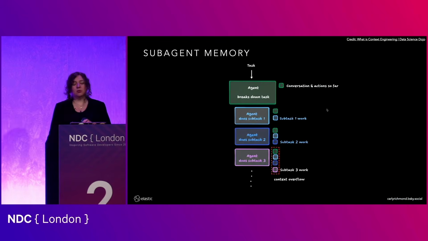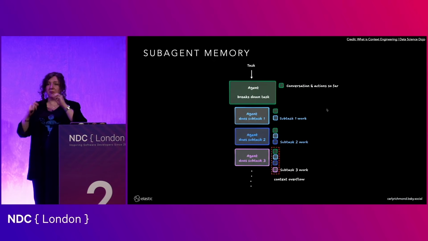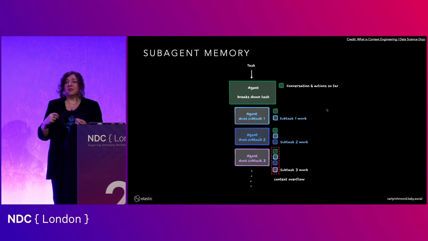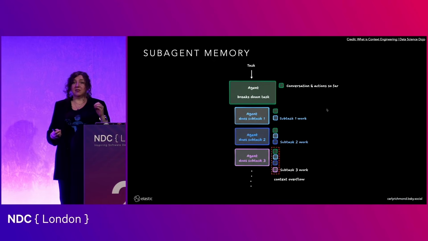Now, when it comes to memory, as we build out more complex agentic systems, you get into the notion of sub-agents, which is basically agents depending on other agents. We can have the situation where providing memories and context actually really depends on the individual agent. Because, for example, if agent 1 has relevant output for agent 3 and we don't pass that, that can impact the result of the entire chain of agents. And that can lead to us not getting the desired result. So in addition to thinking about the overflow of individual sub-agents, we also need to make sure that the relevant memories and context is being passed between them.